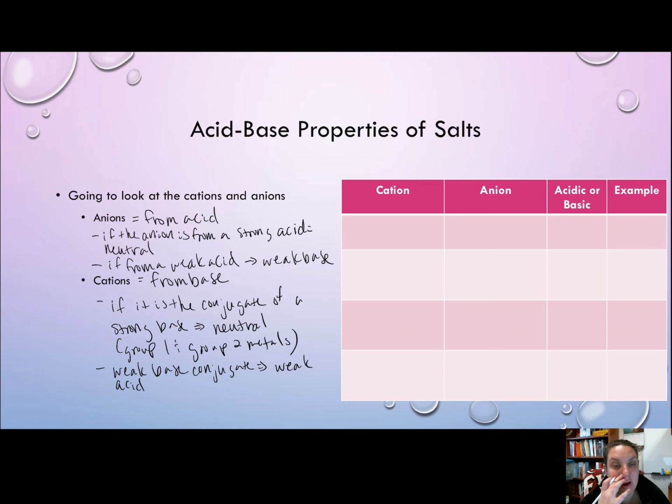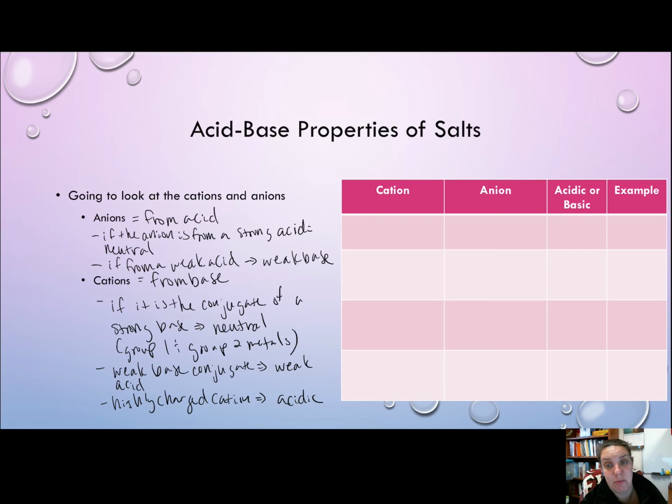And the last thing we look at is if it's a highly charged cation, then it will be acidic. Okay, so putting these together, when we put our cation and our anion together, we can determine if we have